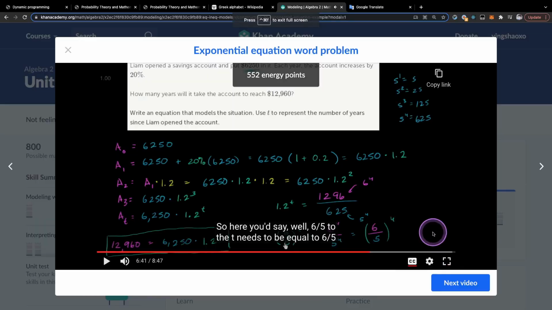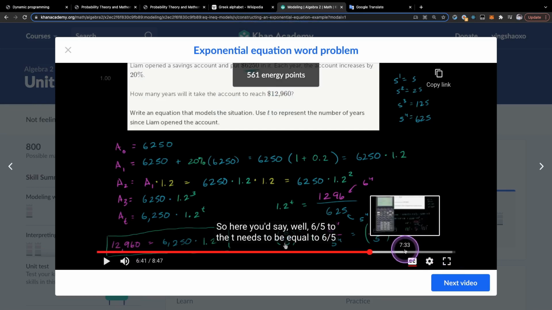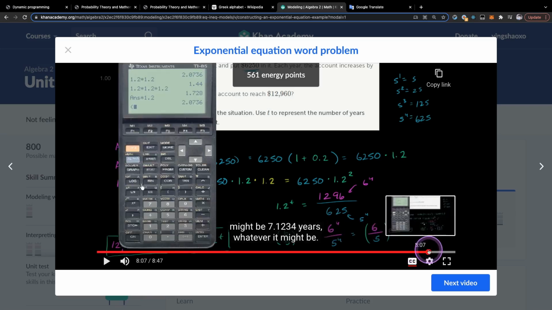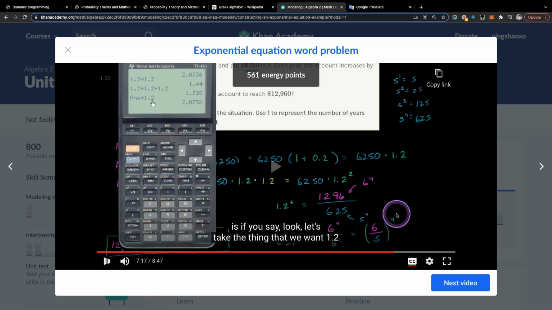So here you'd say, okay, I thought he would convert the whole equation into some equation that contains the log, and then use a calculator to solve the problem. But in the end, he did something else. Oh, here we go, the log. If you say, look,